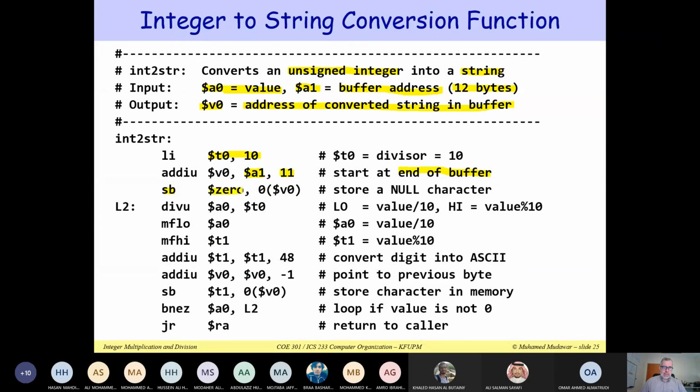So start at the end of the string, store a byte here. We are going to store here 0, the null character, to mark the end of the string. So store a null character, and then start by dividing A0 by 10. T0 is 10. So we get two values. The low here is the quotient, and the high is the remainder. So we put them in two different registers. The quotient is placed in A0 so that we can repeat this loop, whereas the high is my digit. Now the high itself has to be converted into an ASCII character. So we add here 48 to T1, place the result in T1. So now it becomes a character, okay? So once we have it as a character,